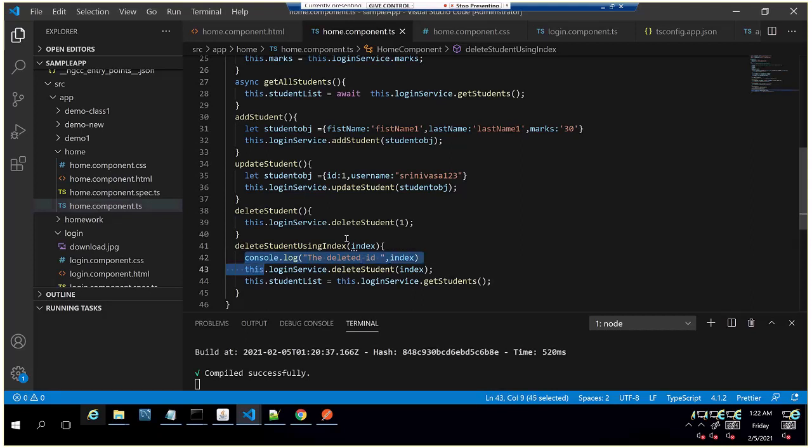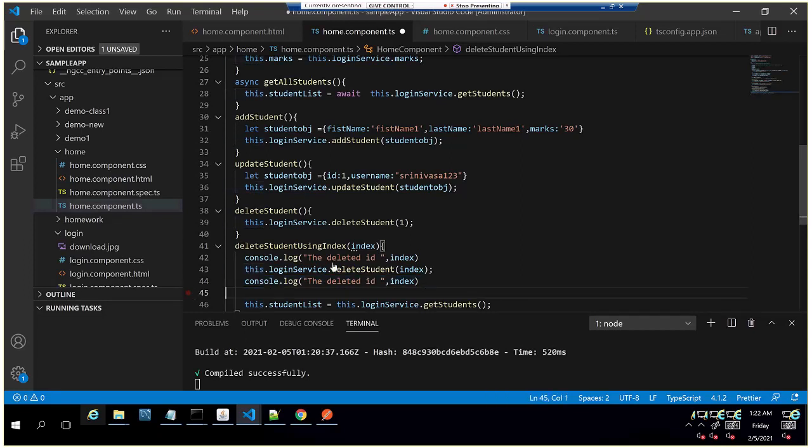I will print one log message here and see whether it is executing sequentially or not, because both are REST APIs, right? The refresh completed on the student list. The actual JSON is there. It's only not refreshing in the table.